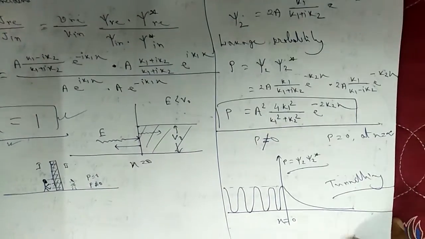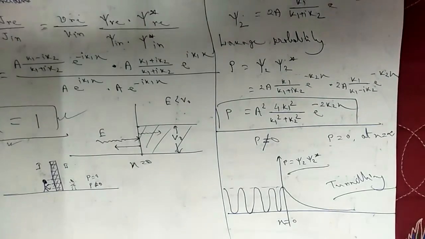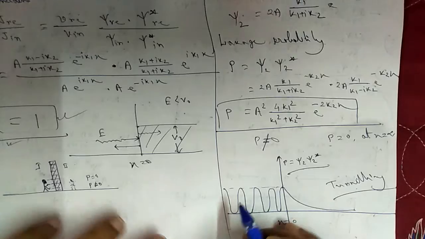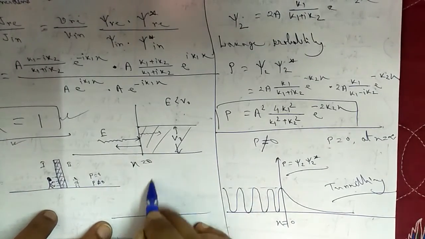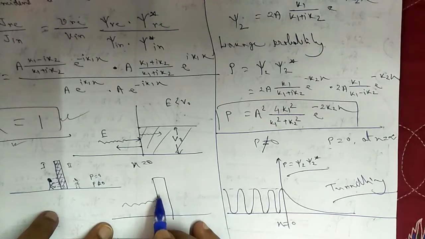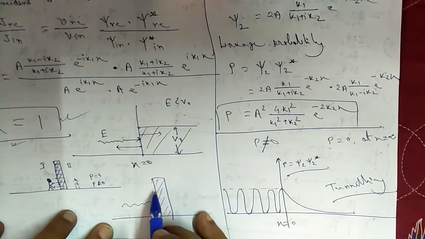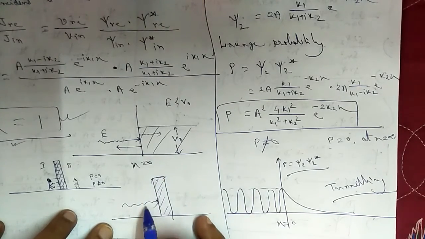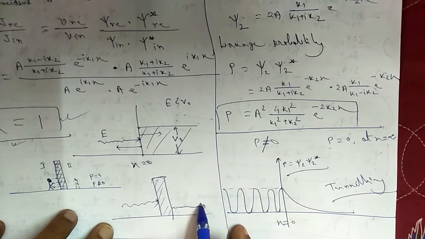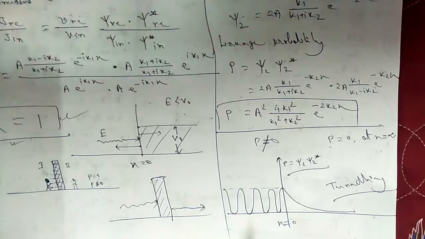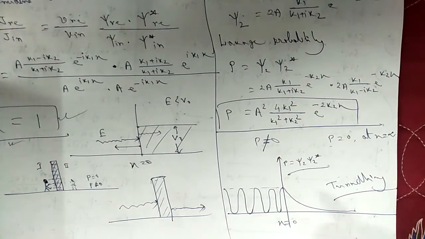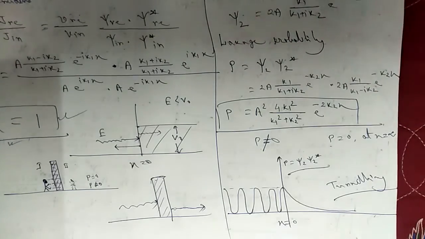In the next class, we will try to solve a particular problem with tunneling, considering three regions. Suppose I have a barrier like a delta function. In this region the wave function exists, it hits the wall where the barrier height is greater than the energy of the particle, and finally it will tunnel through the barrier, and in region 3 also the probability will exist, or the wave function may travel. Next day we will try to calculate this.